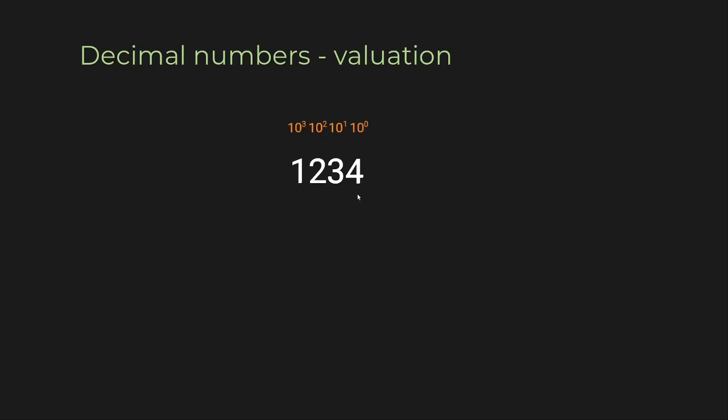So this is the 1000 place, right? 10 to the power 3 is 1000. 1000 times 1 is 1000. This is in the hundreds position. 100 times 2 is 200. This is in the tens position. 3 is 30, and 4. That's why it's called the units, tens, hundreds, thousands position. So if you combine all of this, you get 1234. That's how a value is defined in this particular system. It varies according to the powers of 10 because it's a decimal system.